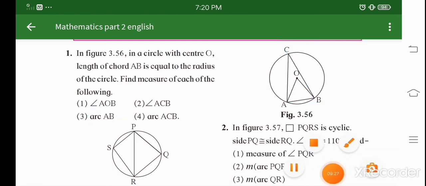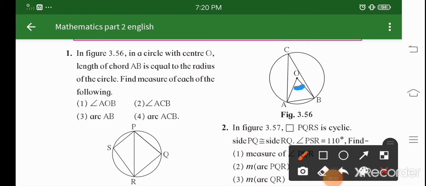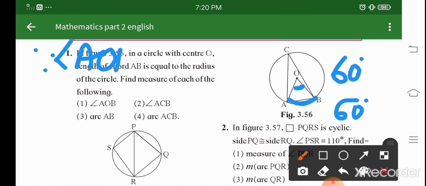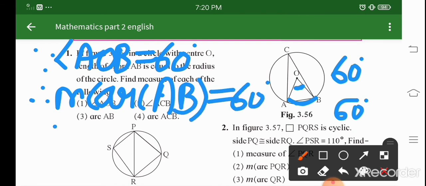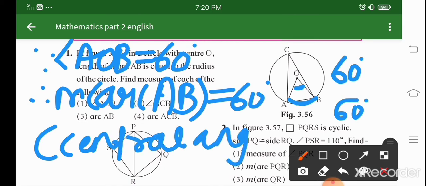We have the value of this angle O. This O is at the center, so that means this is a central angle of 60. The corresponding arc is AB, so this arc is also going to be 60 only, by using the central angle theorem. So you can write: since angle AOB is 60, therefore measure of arc AB is also 60, and the reason you have to specify is the central angle theorem. I think this is clear. So with this we are done with question number 3.